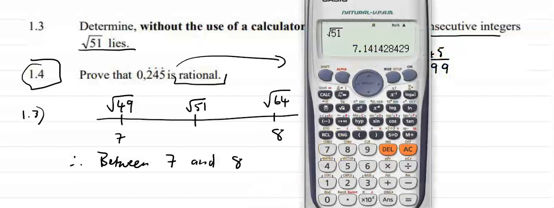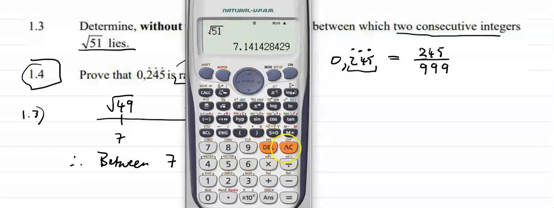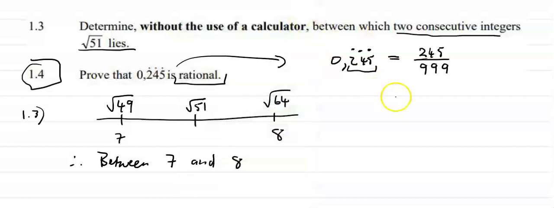Okay, and let's see whether that works out here. So that will be 245 all over 999, and let's see, 0,245, 245, 245. Okay, so that's recurring. Recurring means that these digits are going to be repeating. Now let's see how we do it algebraically to actually prove that 0,245 recurring